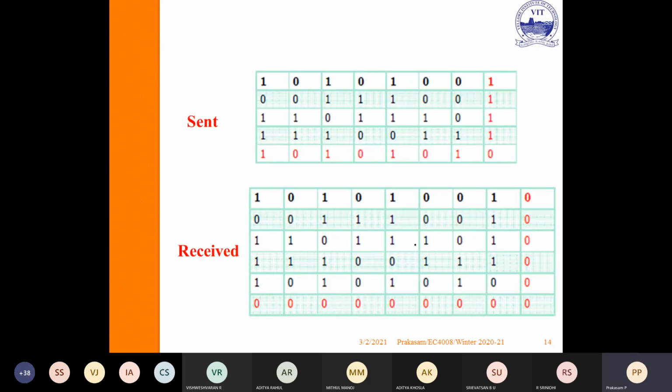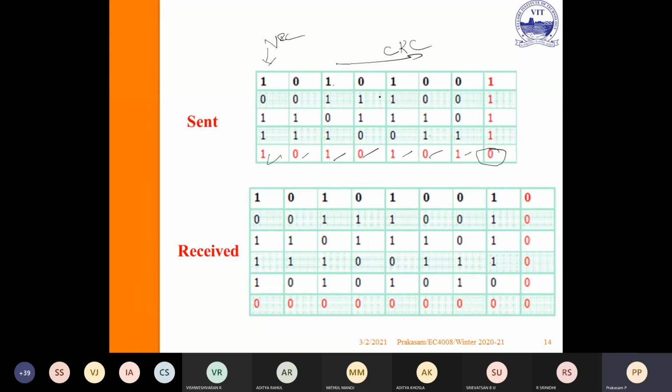So if you see an example with LRC and VRC, for VRC, 1, 1, 1, so 1. Here it is even, 0; odd, 1. Now I am working in the LRC angle.